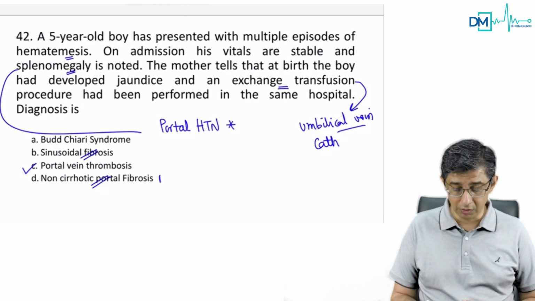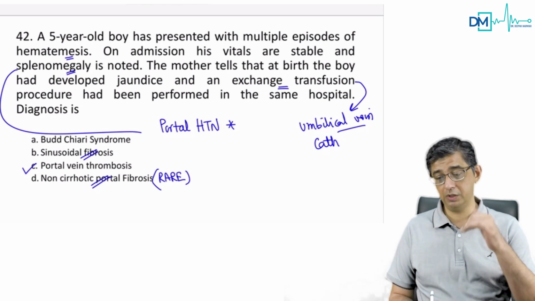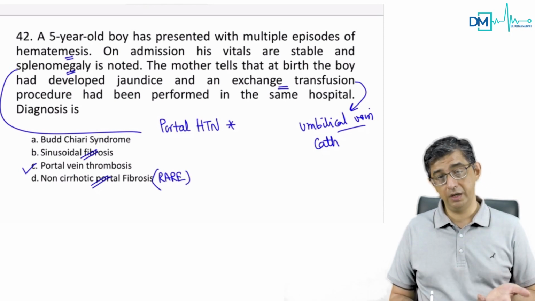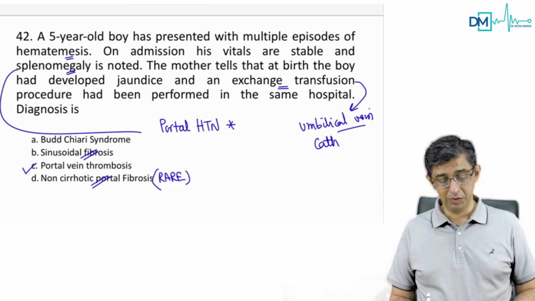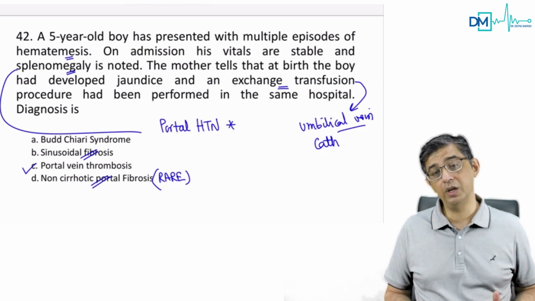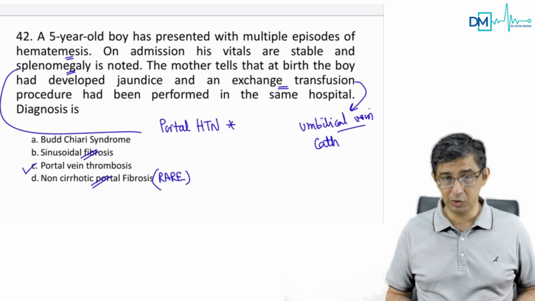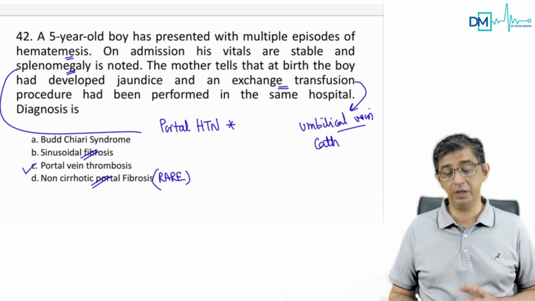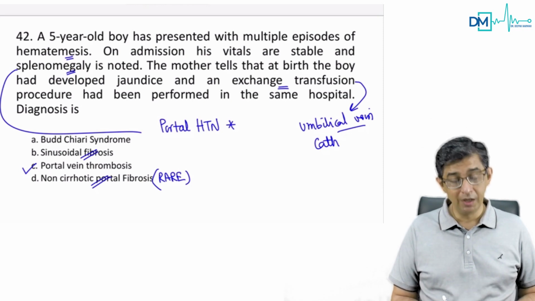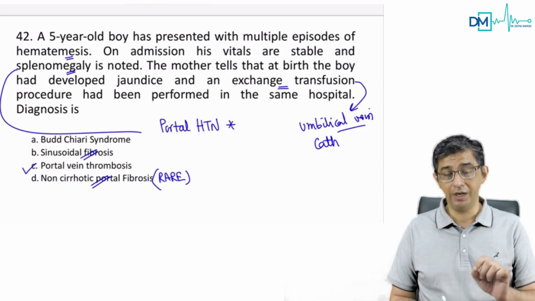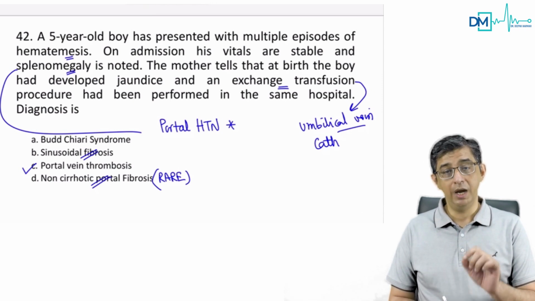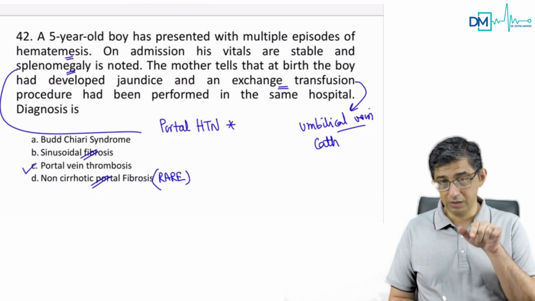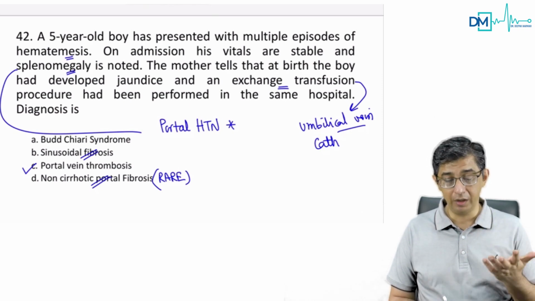This is the rarest cause of portal hypertension. If a person is non-alcoholic or viral markers are negative, the rare cause of portal hypertension is NCPF. The correct answer to this question is portal vein fibrosis. Causes of portal hypertension have to be studied, and you can go through the cirrhosis and its complication lecture and portal hypertension discussion to understand this better. The key of this MCQ was that the child had undergone a procedure where umbilical vein catheterization was done, and therefore the catheter is a foreign body in the vein, so that can trigger a thrombus formation.